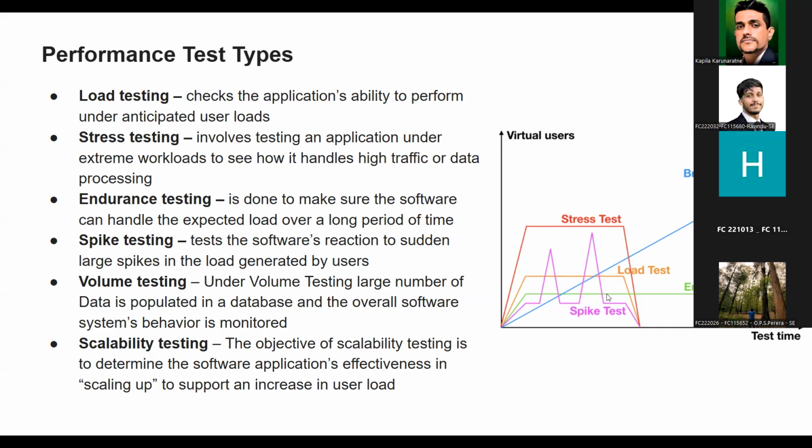So next year there will be 120 million. The third year there will be 140 million, something like that. So how does the application behave when we increase the volume? That's also essential. Scalability is another type of test where we will not increase the load, but we